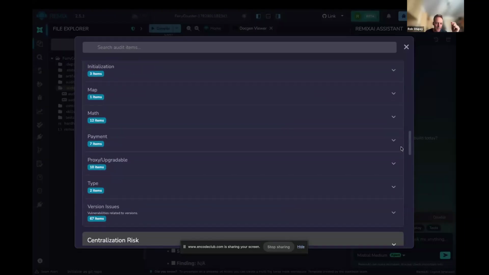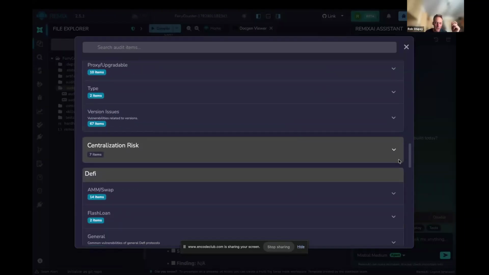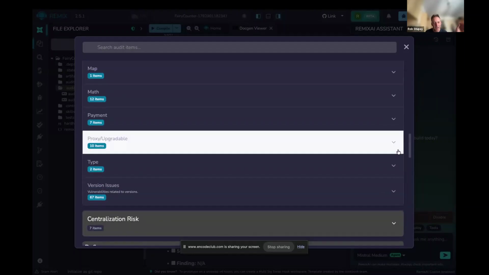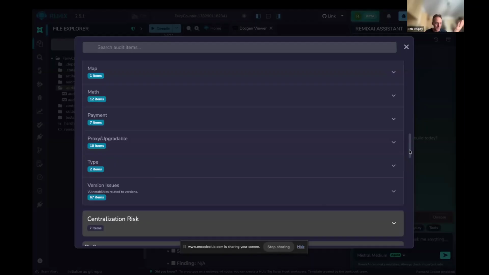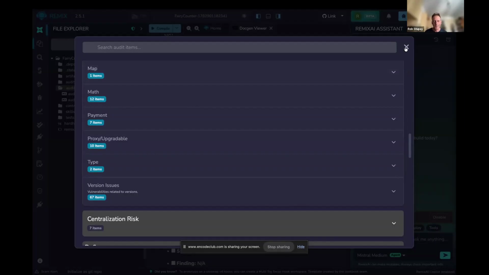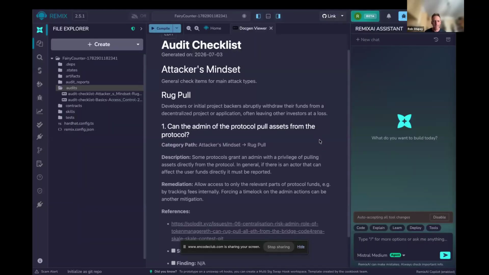In order to do a full audit, or at least an audit with a checklist, you have to choose at least one of these. Otherwise, it will just run with Slither. But understanding what these attack vectors are can be really helpful. It also can teach you a lot about Solidity and the whole Solidity ecosystem. Then you can read through them, because these checklist files are written in Markdown. And then they'll give a report.